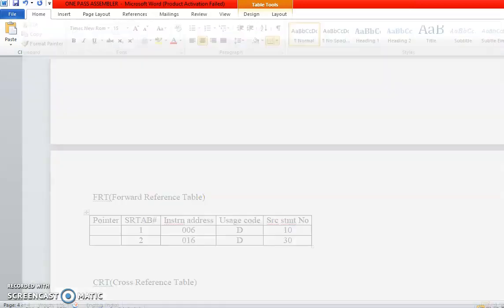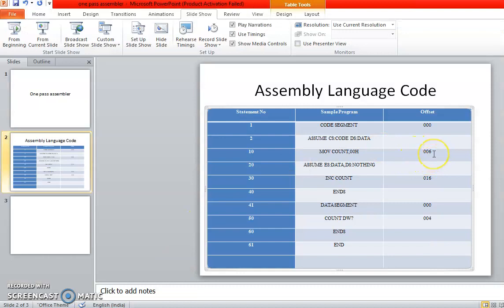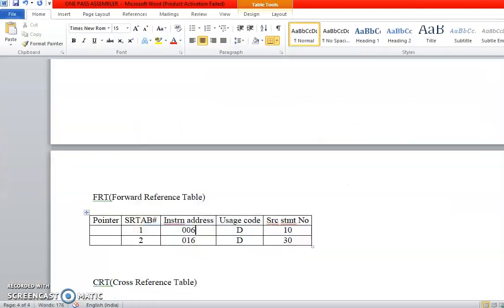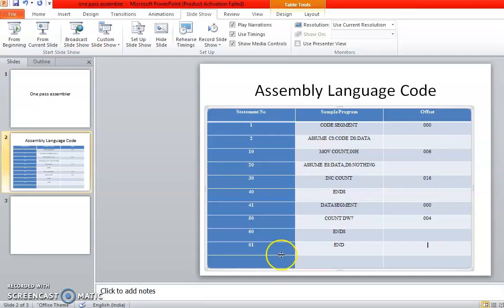The instruction address is here 006, that is the offset. Later we give the usage code: D for data, I for instructions, and so forth. We can keep D because this is actually data we are referring to. And we make an entry for the source statement number, which you directly get from here. This is the first forward reference which we are encountering.